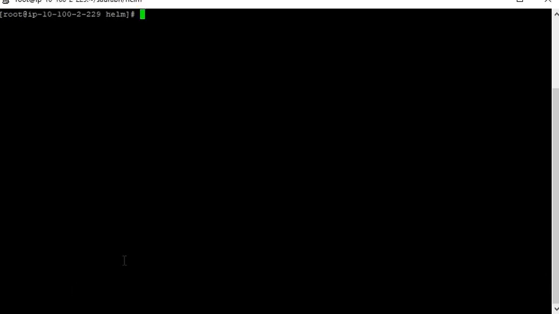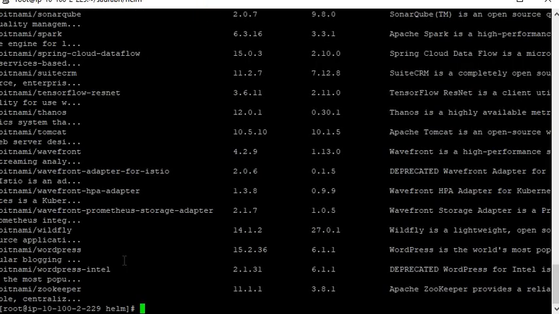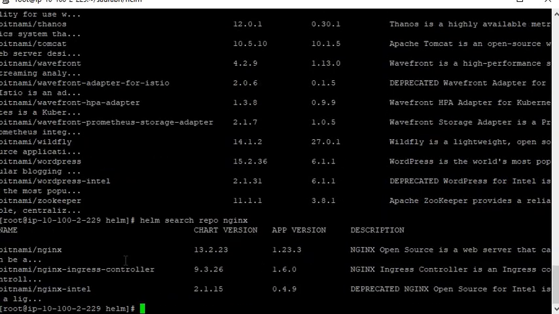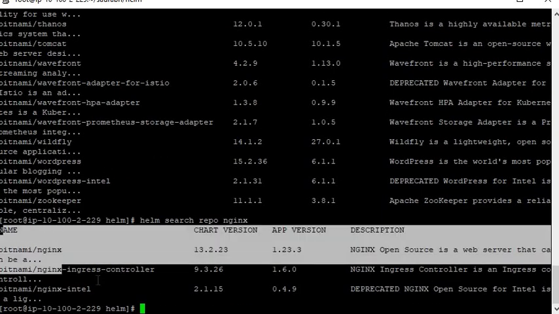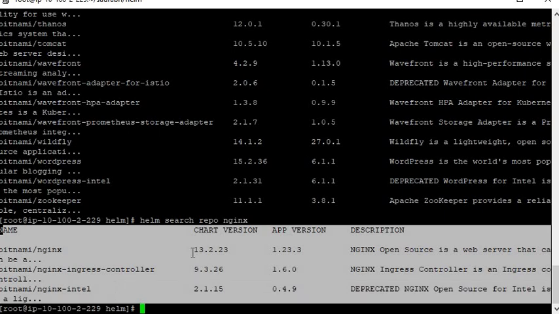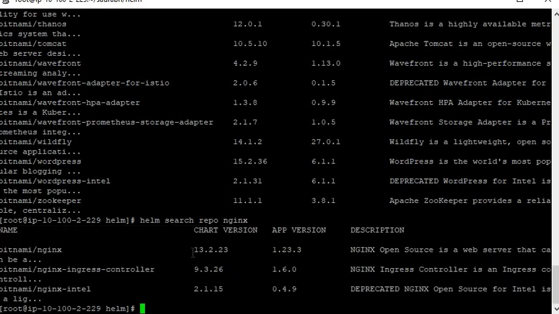So one more command is helm search repo. So it is showing all the repos you have added. Suppose you want to search the repo of Nginx. So it will show all the Nginx repos which are already added. And now if you want to install Nginx directly using these repos, then you have to run the command